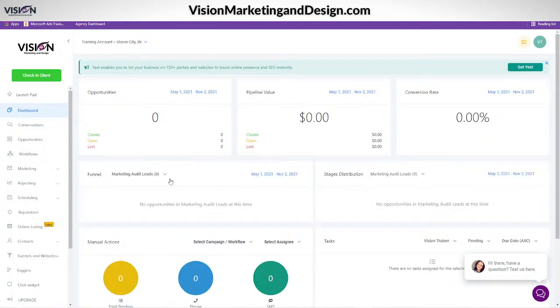Here's where you're going to analyze all of your traffic and different pipelines. And you guys, please, please, please don't get overwhelmed by all these things. I know it's like, oh my gosh, there's so much. I'm so lost. We're so used to another platform. But believe me, you're going to realize the value in this once you need it.